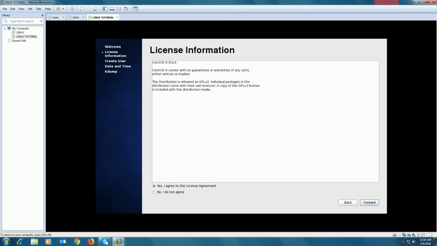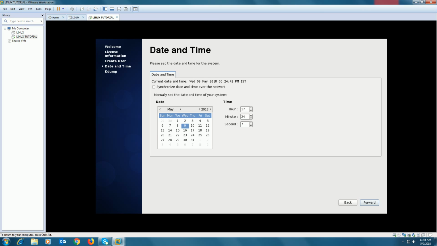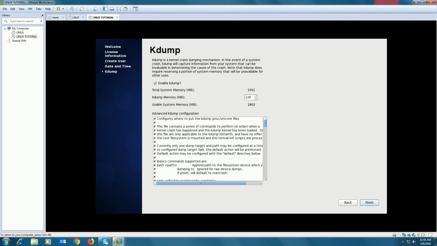Select forward, then license information, select yes, then forward. Here it will ask you to create the users. In this case I can create the user. Then I am creating the password. Then select forward. It will ask you to select the time and date. Then click forward, then finish.